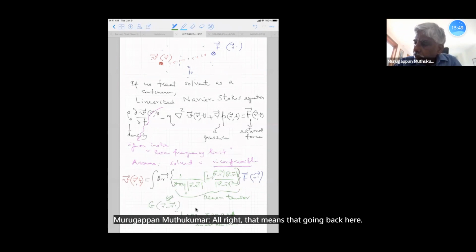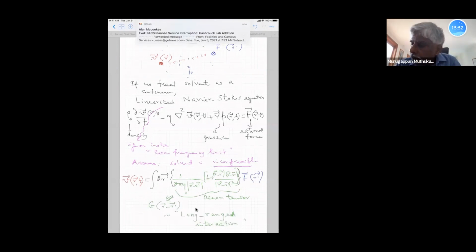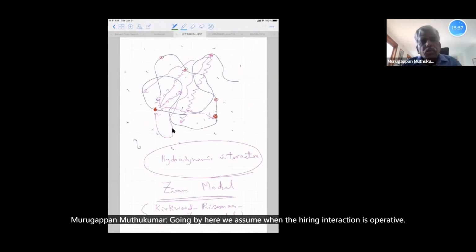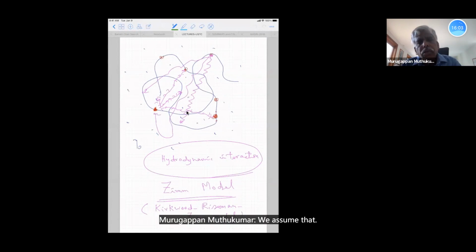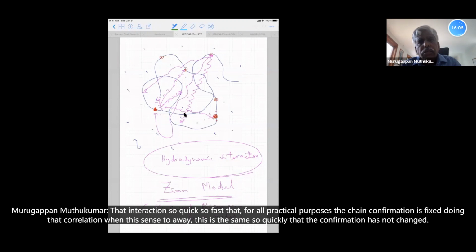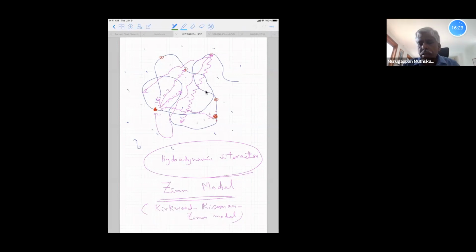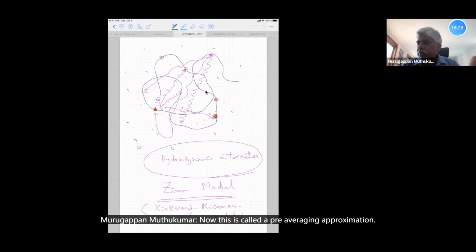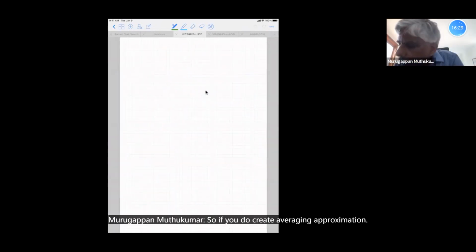All right. That means that going back here, when the hydrodynamic interaction is operative, we assume that interaction is so quick, so fast, that for all practical purposes, the chain conformation is fixed during that correlation. When this sends a wave, this receives so quickly that the conformation has not changed. Now, this is called a pre-averaging approximation. So if you do the pre-averaging approximation,